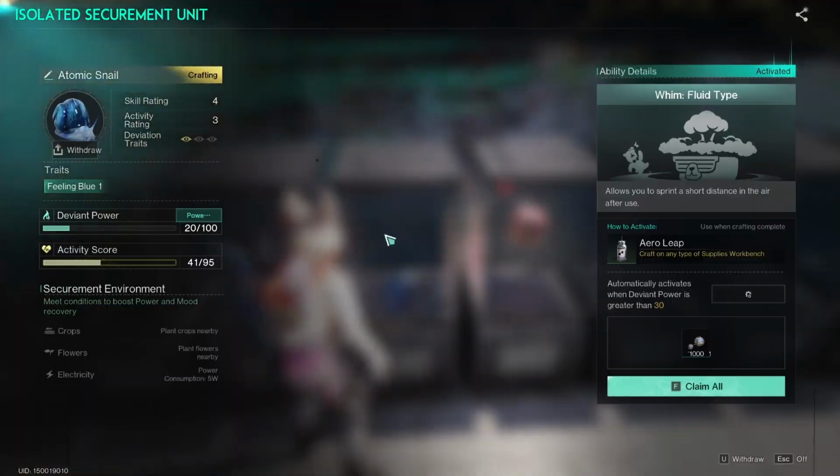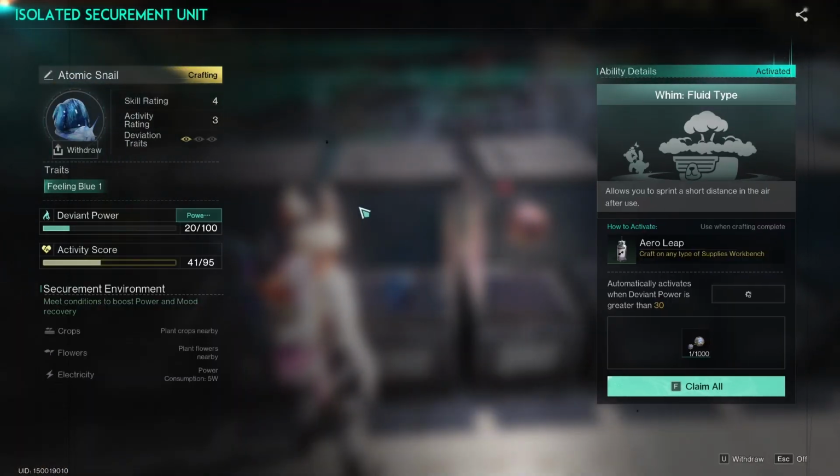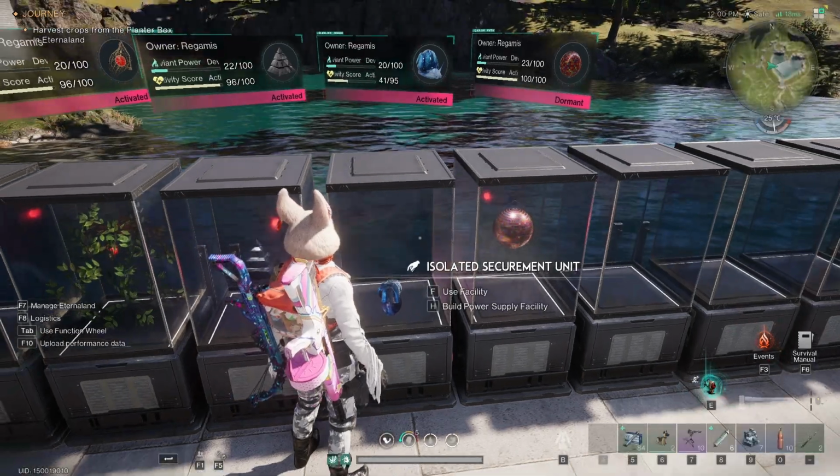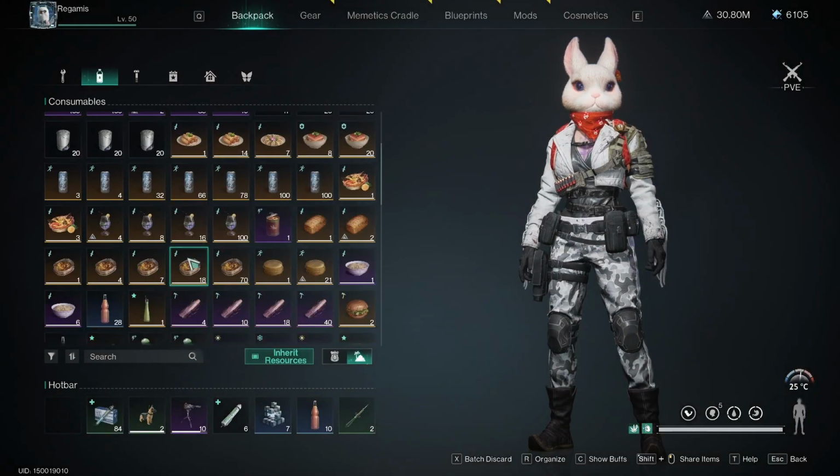Next is the Atomic Snail. The Atomic Snail you can get from doing Prime Wars. It comes in the crates from Prime Wars. It gives Aero Leap, which inside the air...